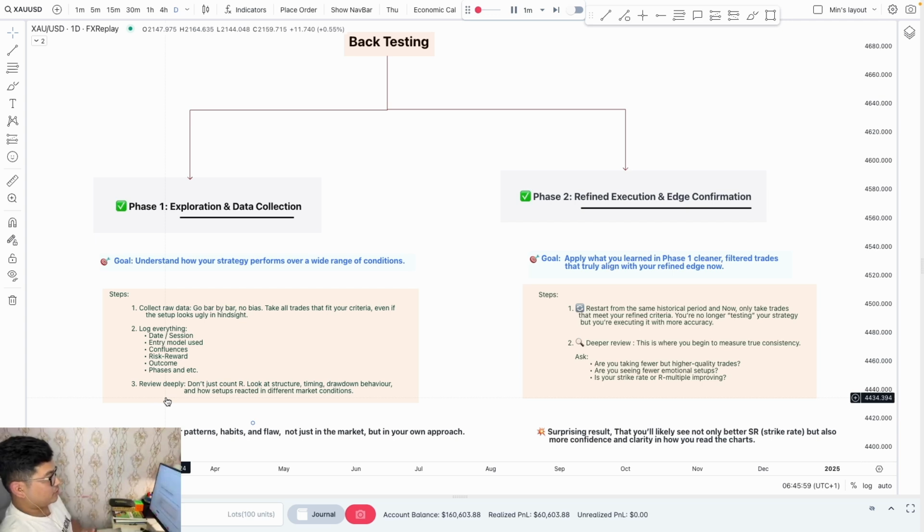The market does not really do well. So maybe that is a particular time you're going to avoid in the future. And the drawdown behavior, like what is the winning streak, what is the losing streak, what is the most losses you can have in this pair particularly. So this is going to help you psychologically even in the live market.